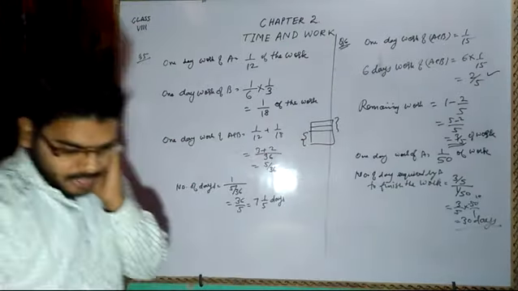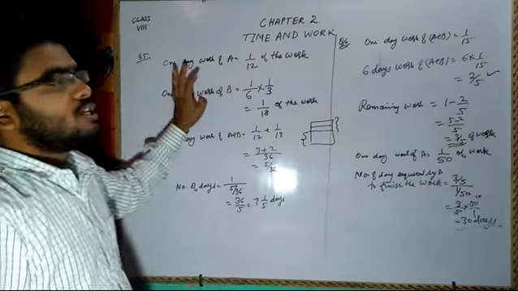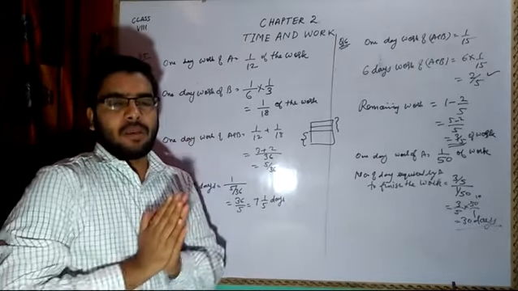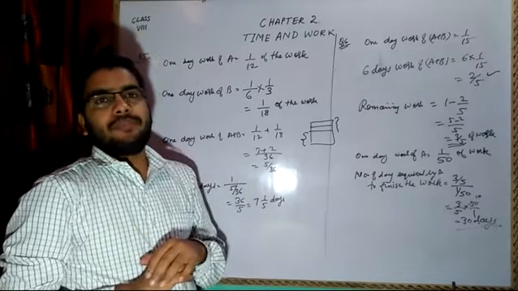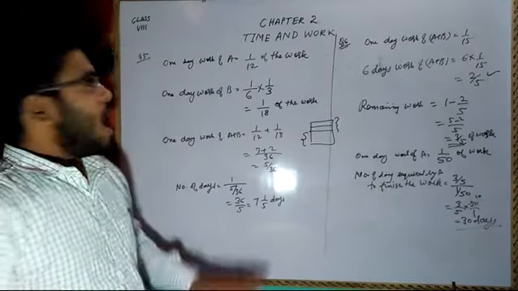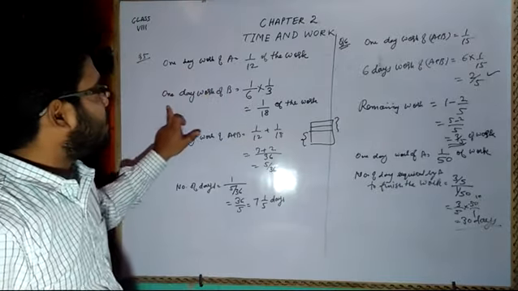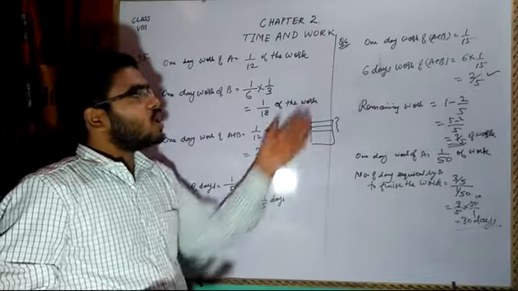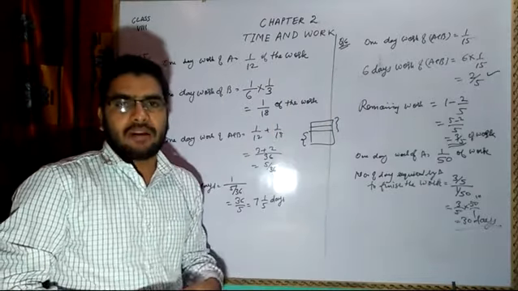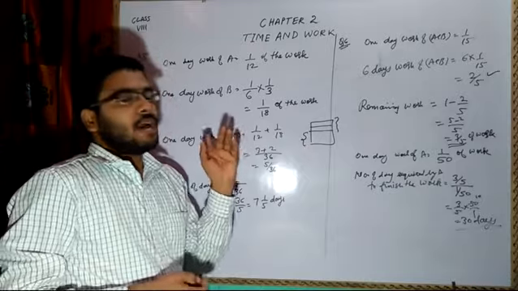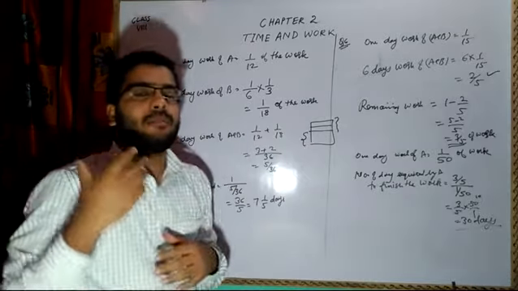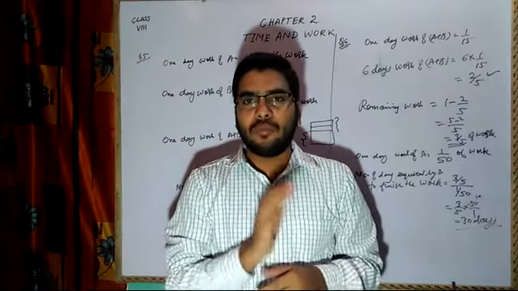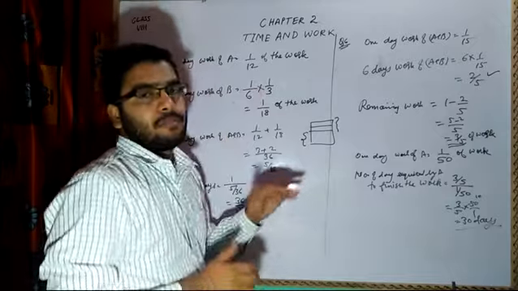Now my dear students, if you have observed this chapter from the very beginning, you must have seen that in each and every problem, whatever number of days was given, I have converted into 1 day work. Everywhere I have first found out 1 day work, then the 2 days work or 6 days work, depending upon the question's demand. So your task in this chapter is only to first convert the number of days of work into 1 day work, and then apply your logic, formulas, and methods to simplify the problems.